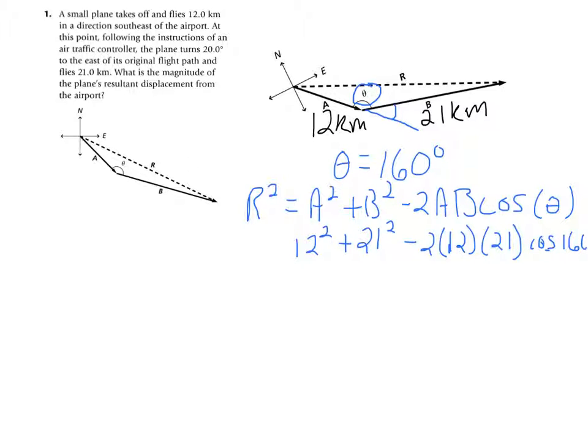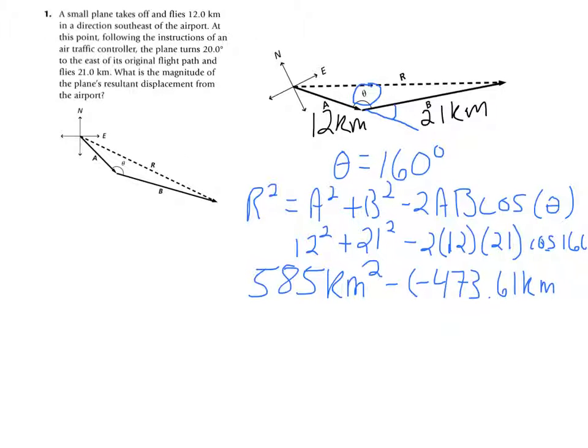12 squared would be 144. 21 squared would be 441. We add those together to get 585. Technically, the kilometer should have been added in there, but I didn't do that. Obviously, ran out of space to begin with. A negative 2 times 12 times 21 times this cosine of 160 gives us actually a negative number of 473.61